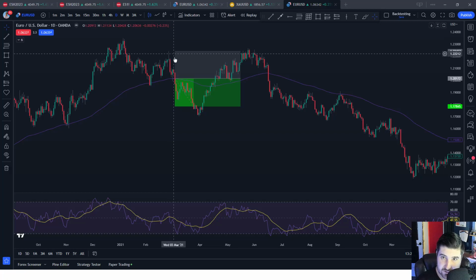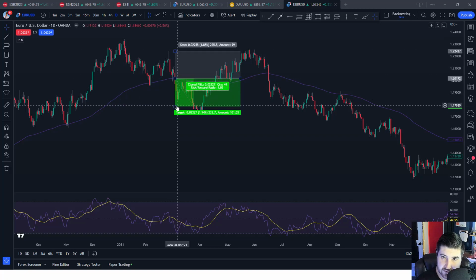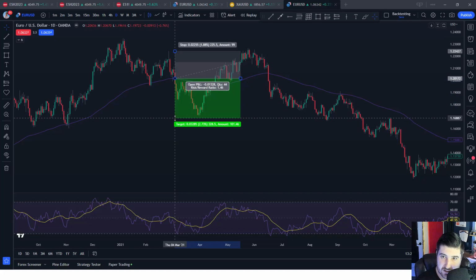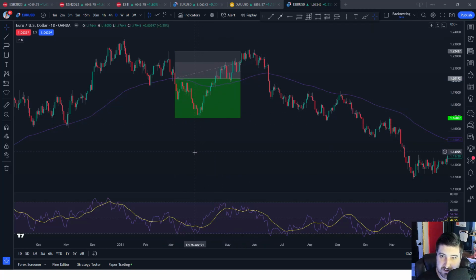Stop loss above this swing. As soon as it breaks through, we're entering a trade. Now, how could we get to the bottom of this and try to capture that? Well, if we use this together,